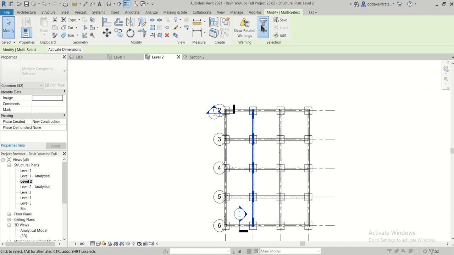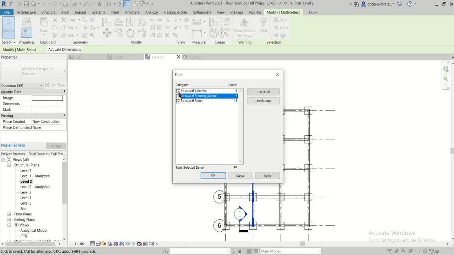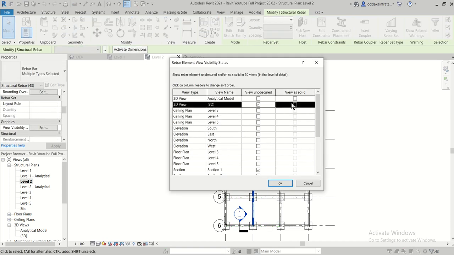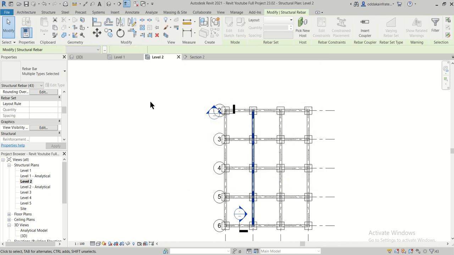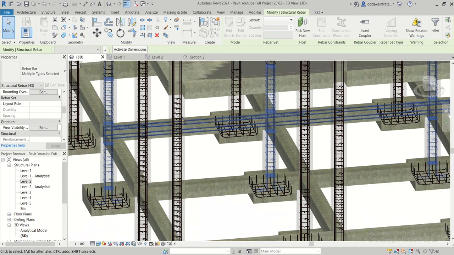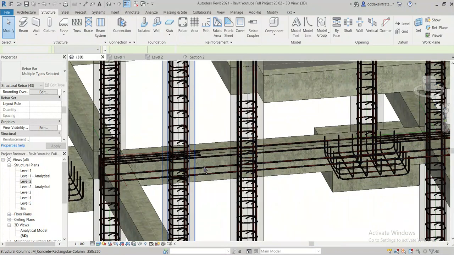and then go to filter, just select the rebars, and then click on apply, okay, and then in visibility, select these two options, okay, in 3D. Now we can just simply check them.